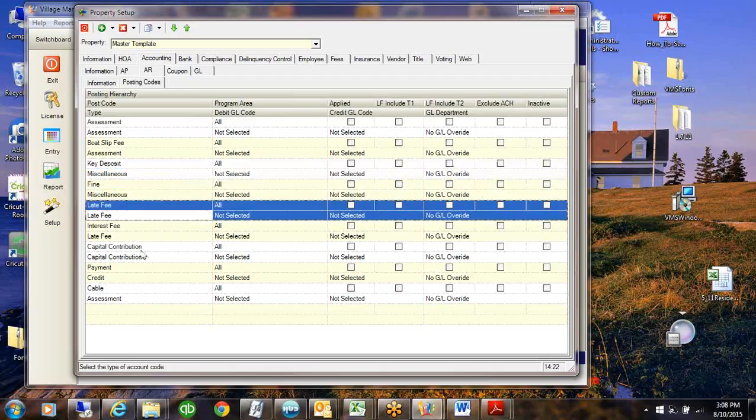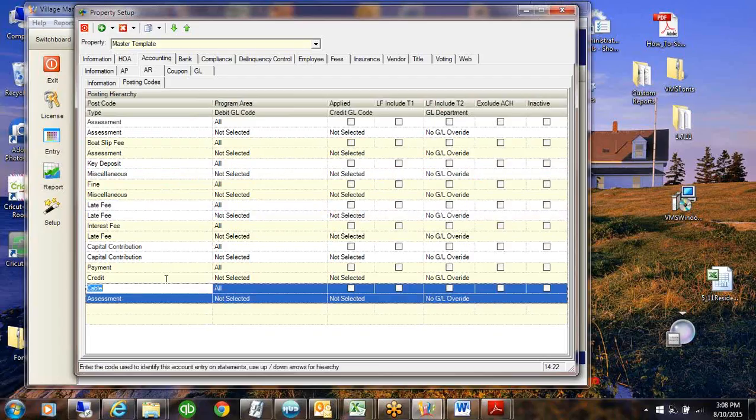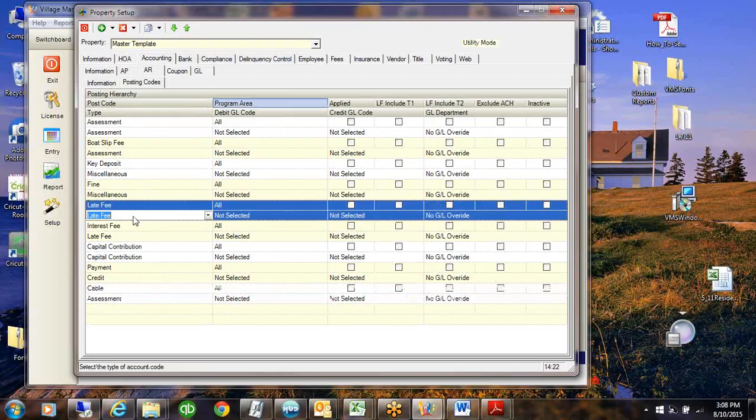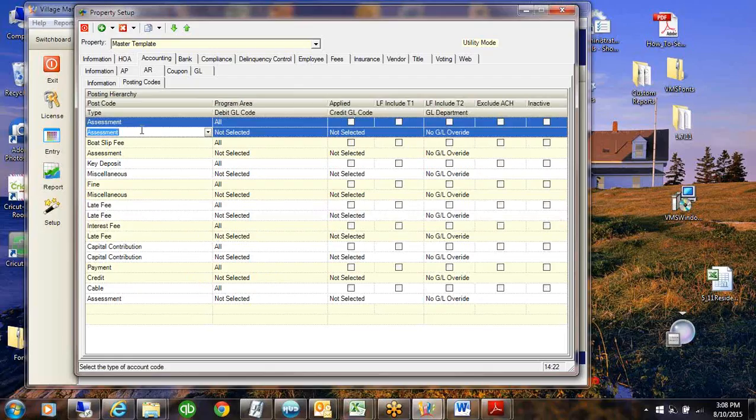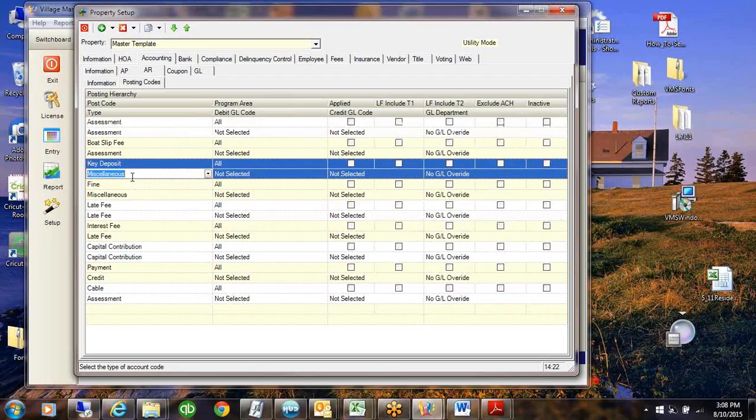Now, late fee, the type, is a late fee type because I want it to be able to interface with delinquency control. And that's why my choice would be late fee. Okay? So most of the charges you're going to use will either be an assessment type, a miscellaneous type, or